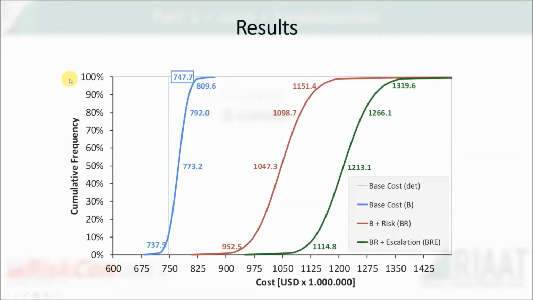We can visualize the distribution functions of each of the cost components in one single graph. On this axis here, we have cost in terms of millions of US dollars. And on this axis, we have cumulative frequency, which can also be interpreted as a probability of not exceeding a certain cost level. Now let's look at the distribution functions we have in this graph. The first one here is a vertical line. There is no range included, it's just one single number,